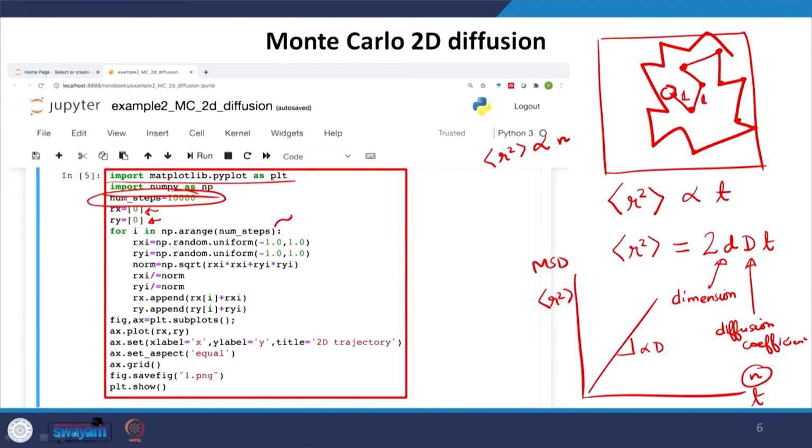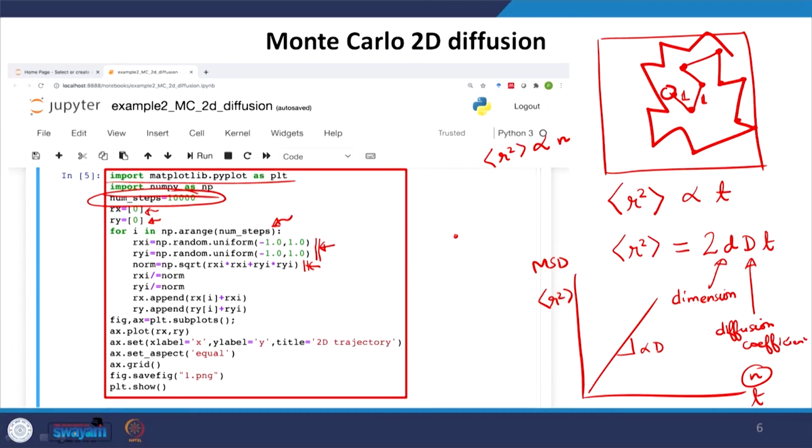Now, I go into the for loop that runs this code num steps times, that is the number of steps I am doing. Inside that I am generating, first of all, two numbers x and y between -1 and +1, and then I am dividing by the square root of x square plus y square.